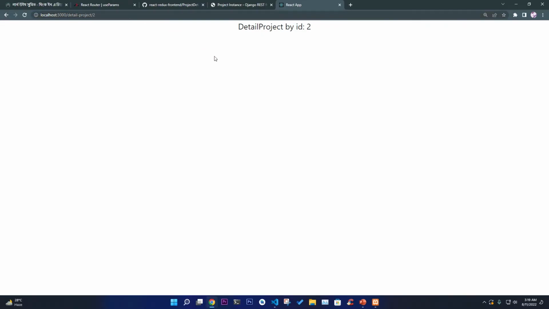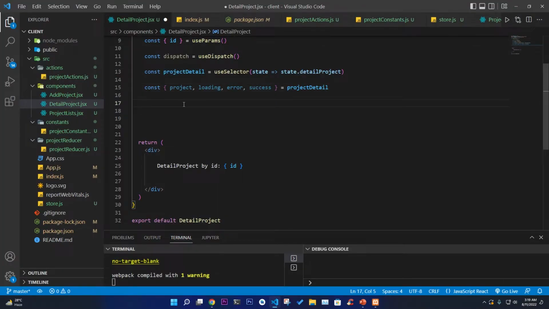Page load. When the ID is changing, we need to show different content. When the ID is different, we need to show different content dynamically. So we need to load our page again and again using useEffect. That's why, based on those IDs, we need to show our information. So in the useEffect,